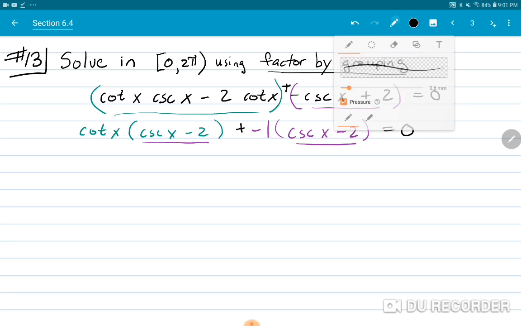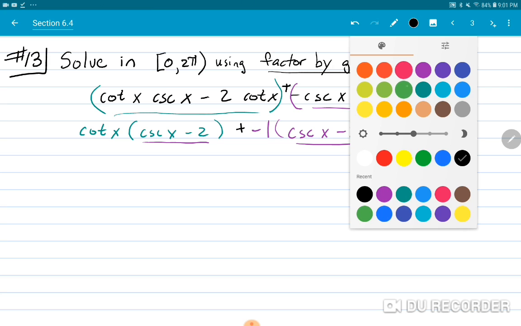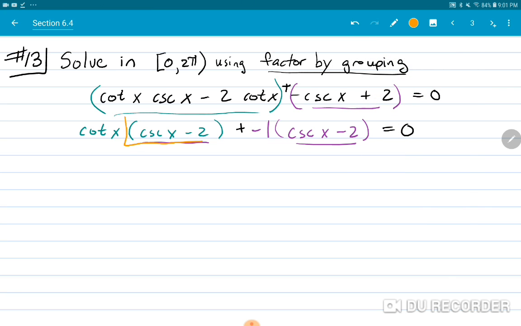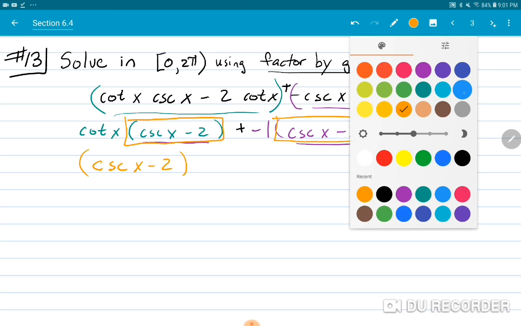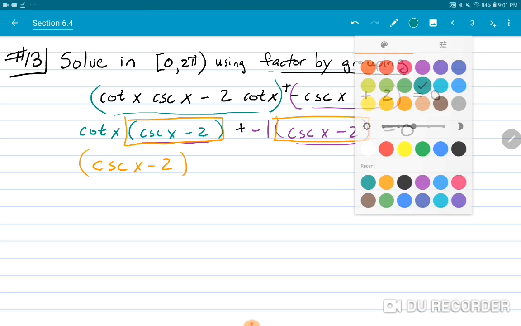Now I need to factor. Looking at this whole thing now, let's pick a color here. I'm going to treat this guy as a factor that's common to both of these terms. I'm going to put that out in front, cosecant x minus 2. And when I pull that factor out of each of those terms, I'm left with